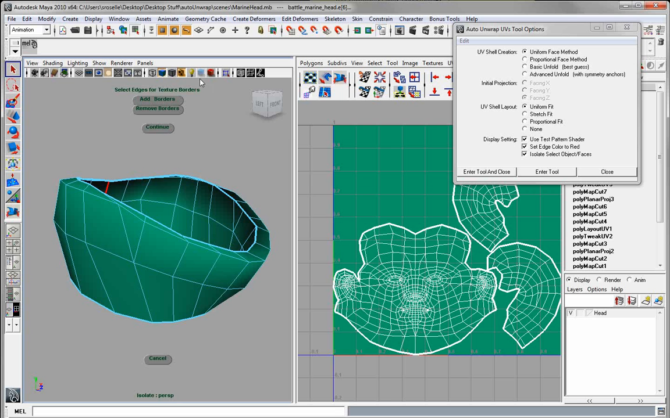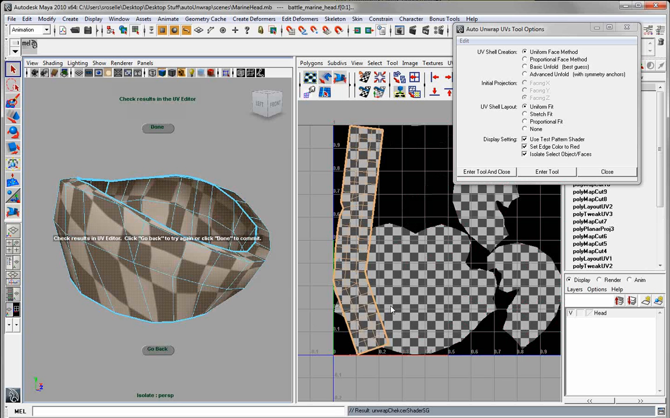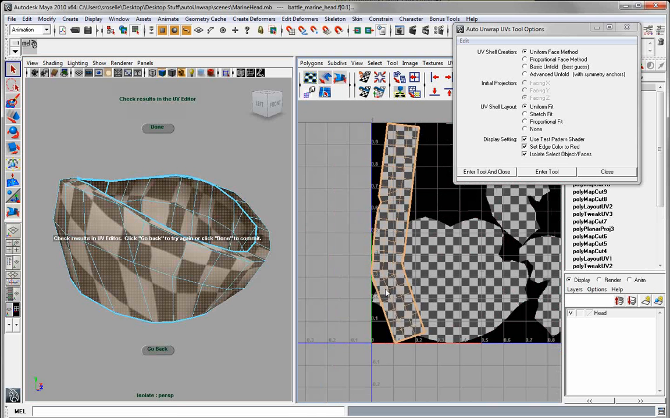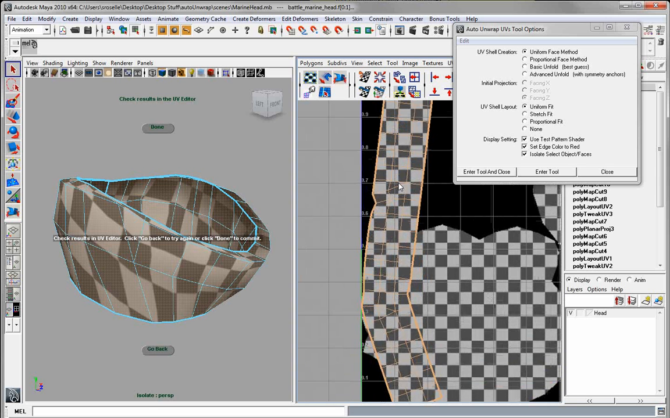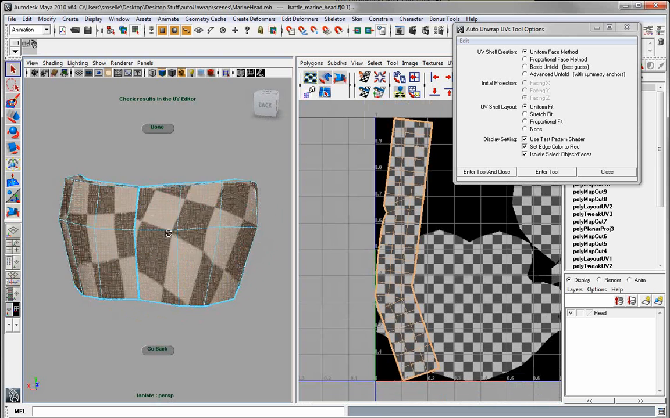And I'll just try it with uniform face method, see what it does. So what uniform face method will do is it will try to uniformly distribute your UVs in your texture space, which kind of worked. In some cases, it'll actually give you a good result. This may be good enough. I may be able to actually massage it manually from here, but I might want to try one more method,